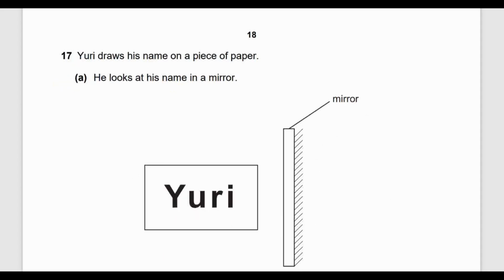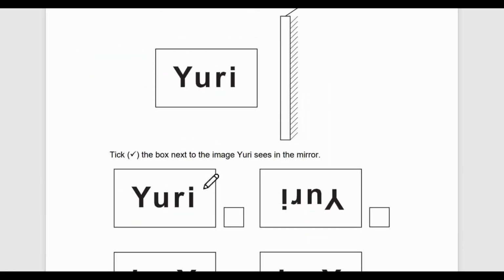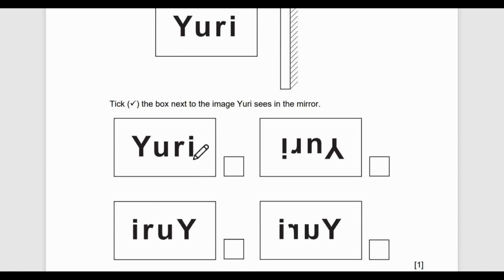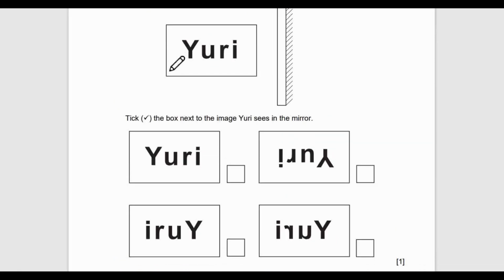Right, next, what's the question? Tick the box next to the image the Yuri sees in the mirror. Which one is correct? So to find the answer, we have to remember that a mirror reflects